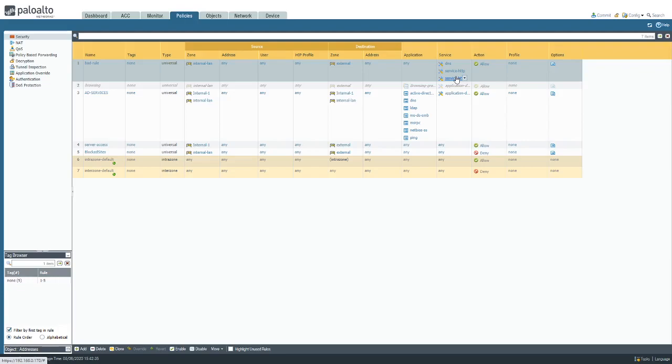I mean, I'm only allowing HTTP, I'm only allowing HTTPS. What you got to understand about service objects is that they're simply IP and port based. So we'll commit that,